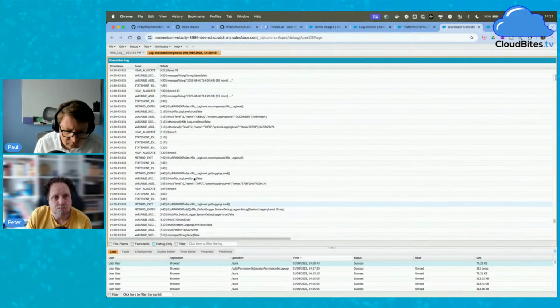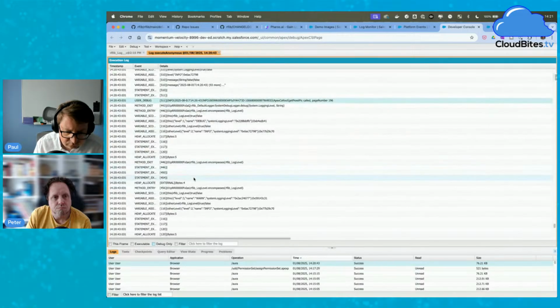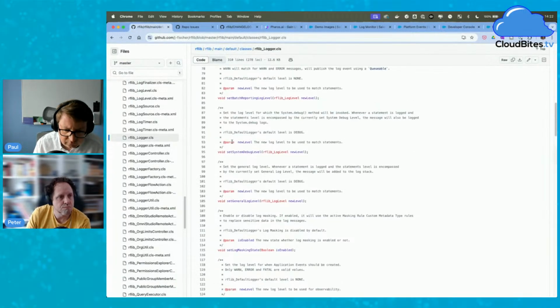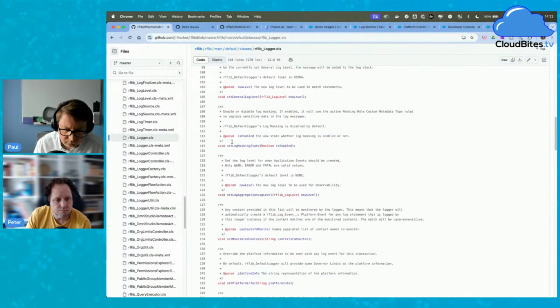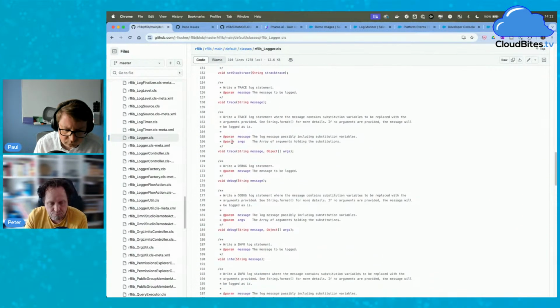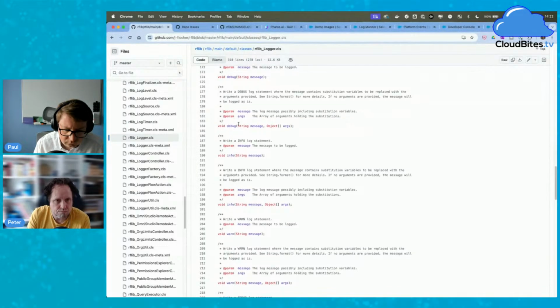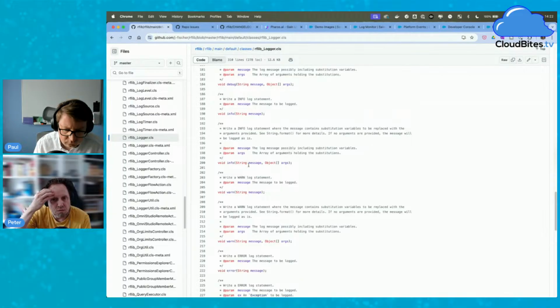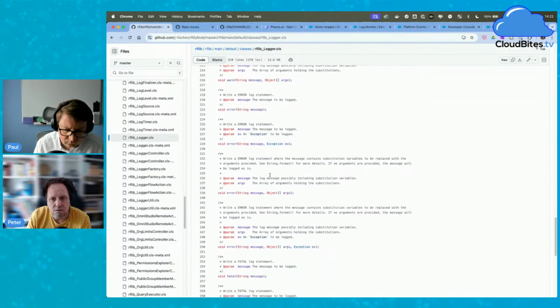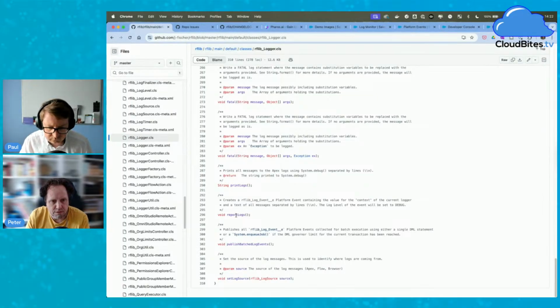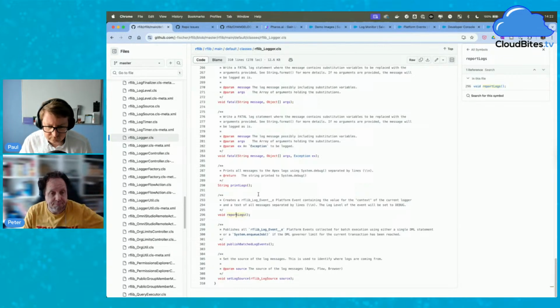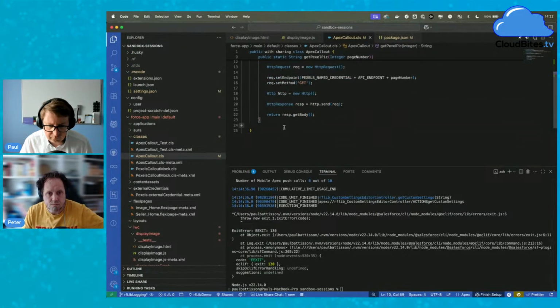I'm wondering why it's just not creating a platform event though. Report logs. So I think what we're missing is at the end here doing